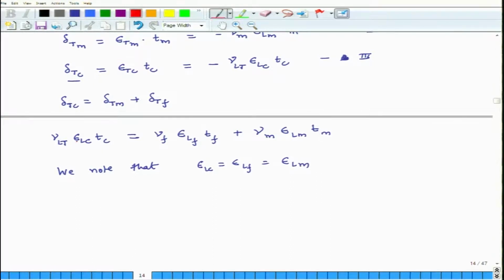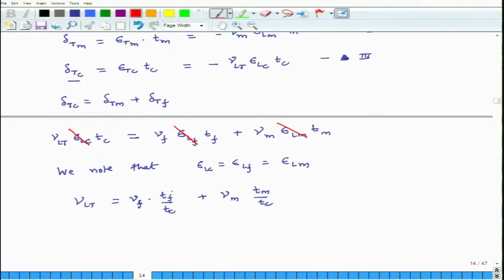So, because of that equality, I can cancel out these terms. And then I divide this entire equation by T c. So, I get nu L t equals nu f times T f by T c plus nu m times T m over T c,